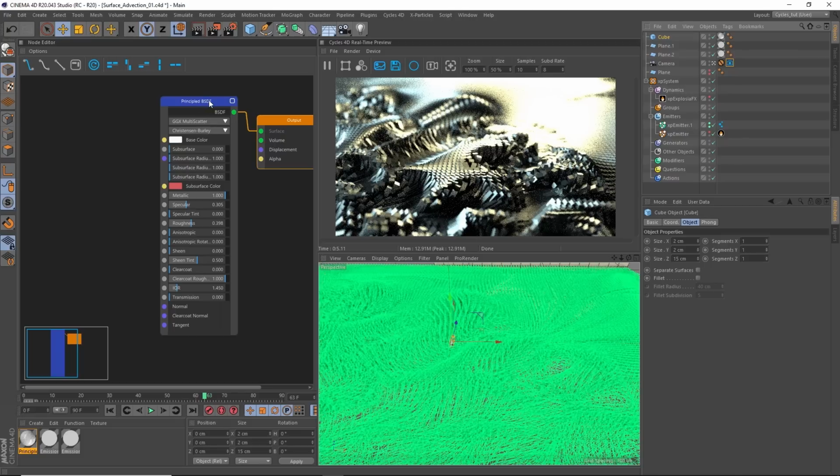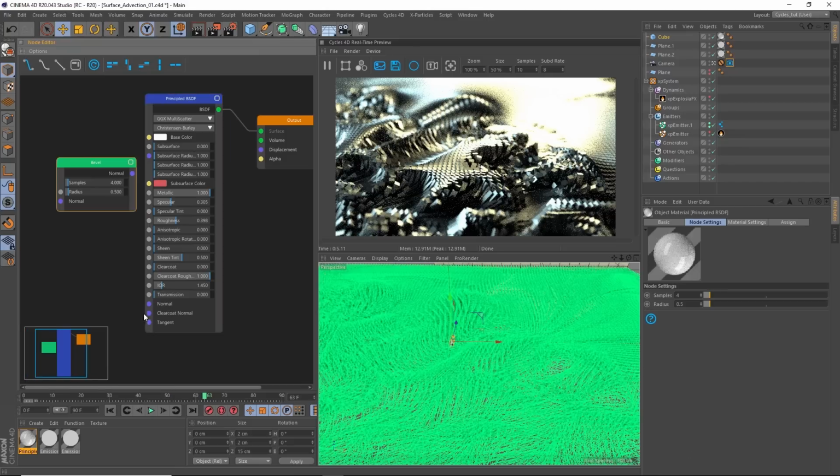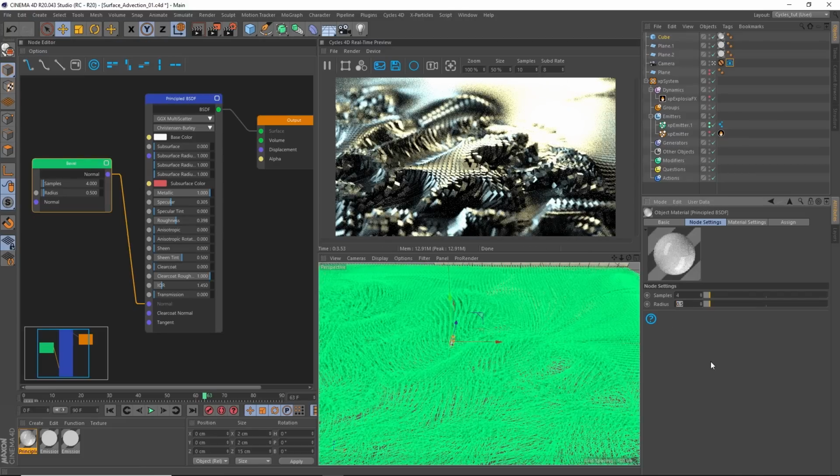So the way we do it is we right click in our editor, go to input, and we've got this new bevel node. And what you do is you drag your normal output into the normal input of your principled shader. And the key here is that the radius is going to have to be really tiny, especially in a small scene like this, probably 0.001 maybe. And it's just a subtle change, but what that's done is it's added a smooth beveled edge to these cubes, which makes it slightly less uniform,